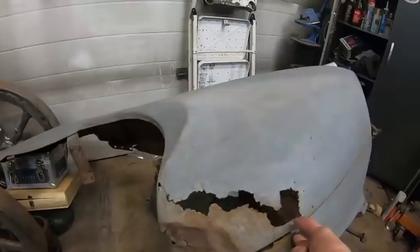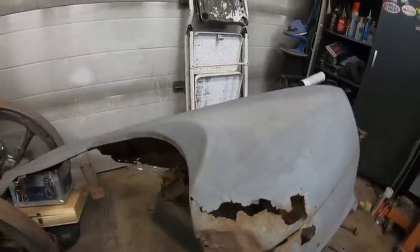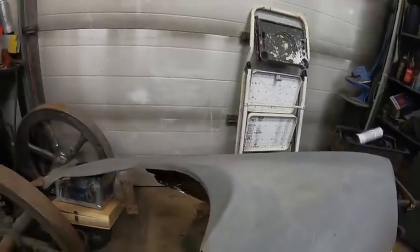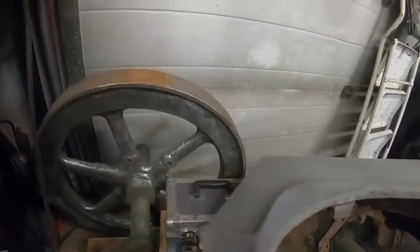I'm not sure if I should just... I'm not going to spot weld. I'll probably just end up butt welding these together. I'm thinking that's probably the way I'm going to go. Like I said, this fender is pretty beat, but working with what I got, this one's pretty rough, but I'm